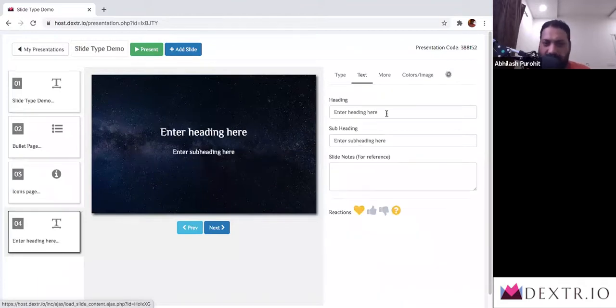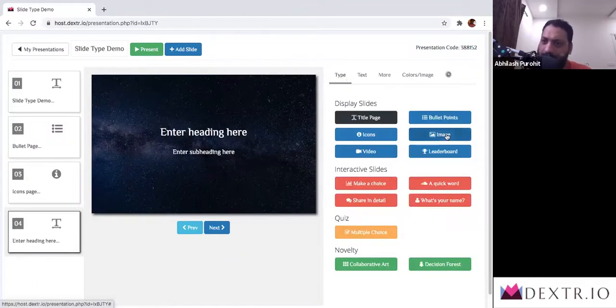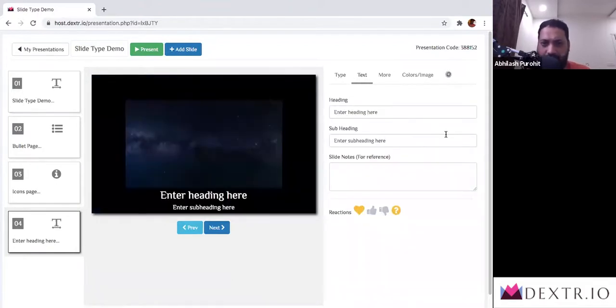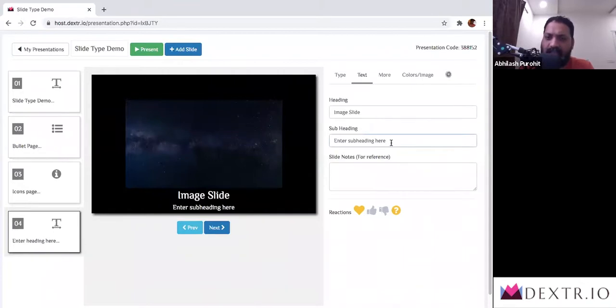I click on the fourth added one. I go to type. I click on image. Now you see something different happened here. The image, this image of the galaxy, dark background or whatever, is no longer covering the full image, but part image. It's almost like it has been framed. Let me get the heading changed to image slide. Step out of it, change the title. I select the subheading, get rid of that. Click here. And now I have an image slide with a title here.